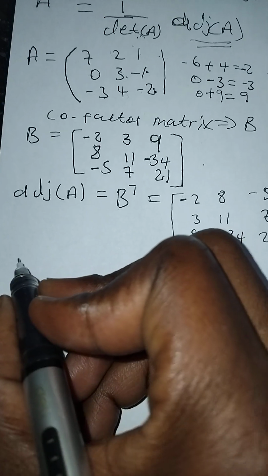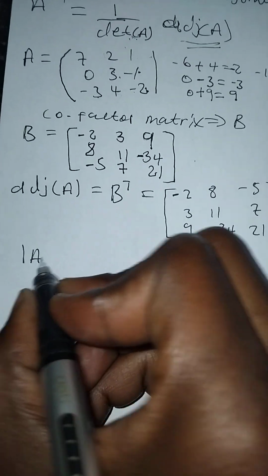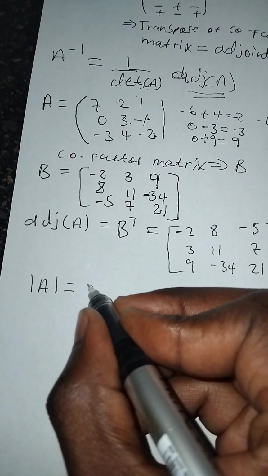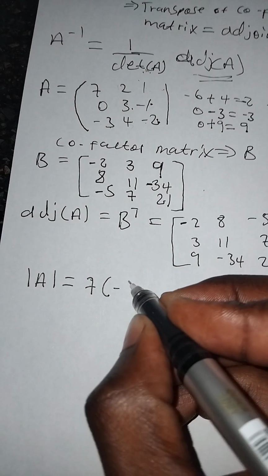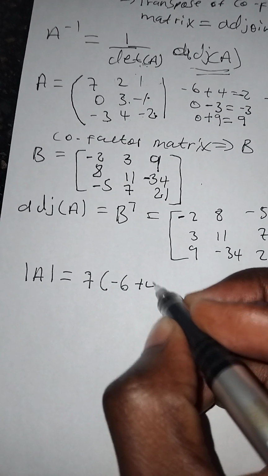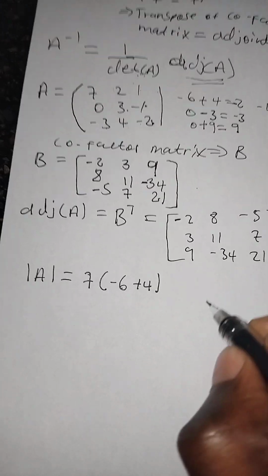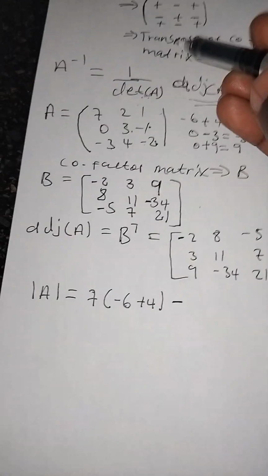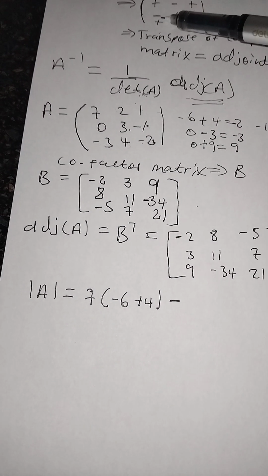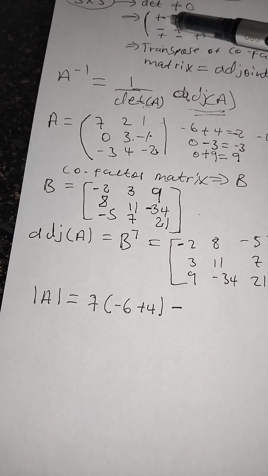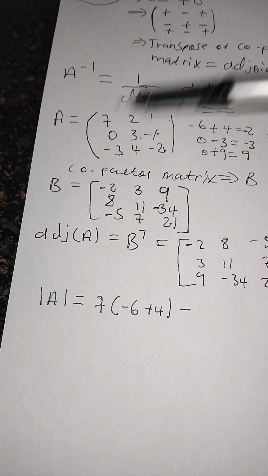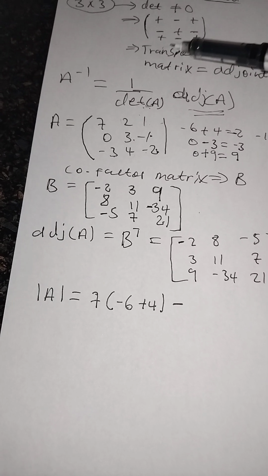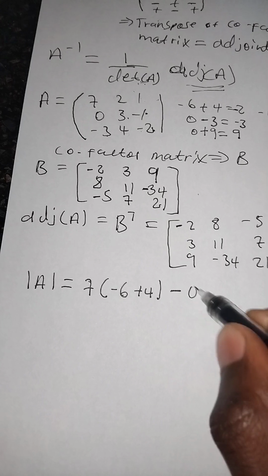So the determinant of matrix A is going to be 7 multiplied by minus 6 plus 4. Then minus, the minus is coming from here. This positive is for 7, then this minus is for 0, then this positive is for minus 3 there. So I'm having minus 0